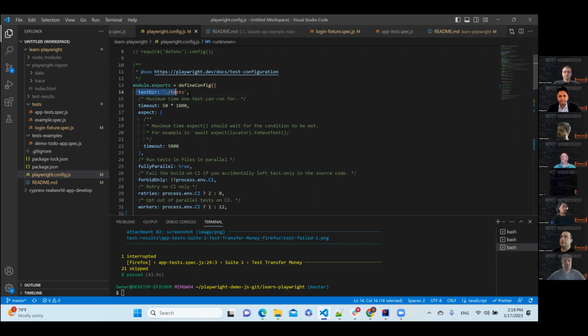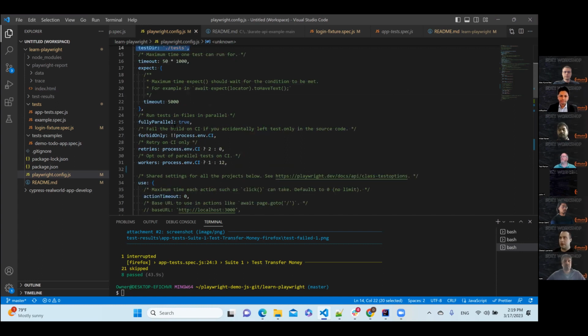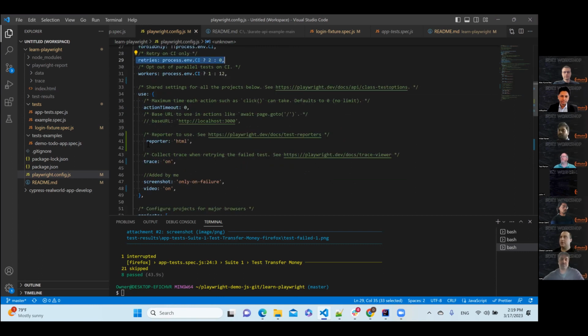For example, you have a test directory where you can put your test results. After that we have retries: if something fails, we can rerun the test case. After that, we can specify, okay, I prefer the HTML report because it's one of the best and it has all details about testing. After that we can use traces, screenshots and video.